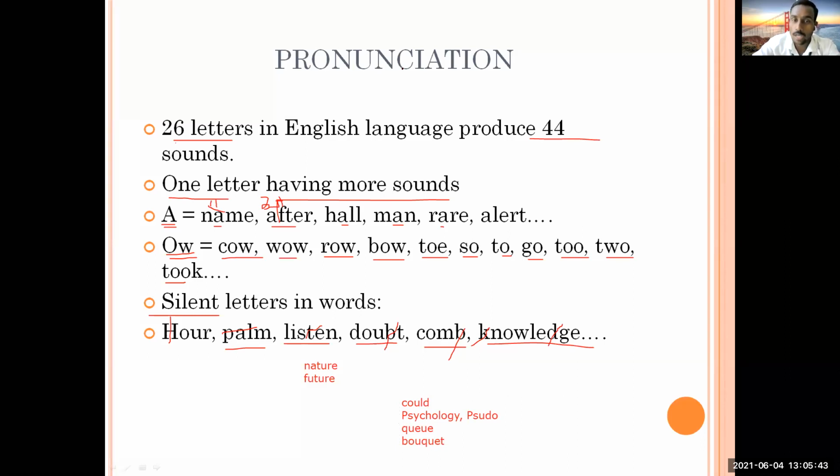I think I have told you, either you have to listen to those people who can speak well or whose pronunciation is clear, or another way you can follow is the dictionary. This way you can improve your pronunciation. Take care. Maybe right now your main concern is to learn English speaking, but once you are confident enough that you can speak English, then you have to work on your pronunciation also. So from right now, I'm expecting that you should work on your pronunciation.